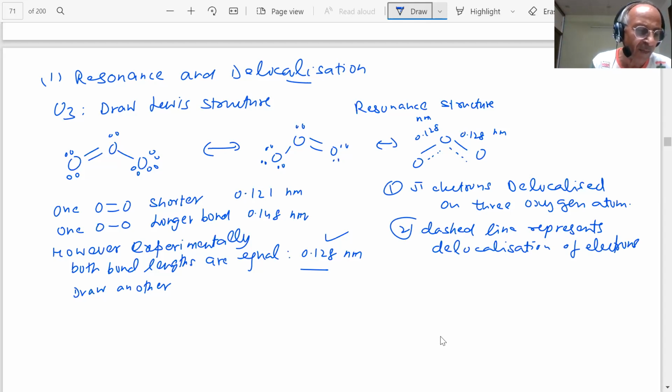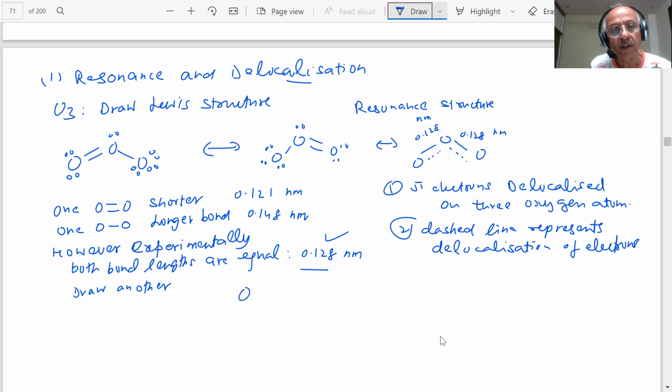So the single bond of the ozone is examined: there is a p orbital on each oxygen atom that is perpendicular to the plane. The p orbital on oxygen atom 1 can overlap with the p orbital on oxygen 2, which is a part of the pi bond. Similarly, in this way, the electron pair of the pi bond is spread, delocalized over all the three oxygen atoms. How many oxygen atoms are there? 1, 2, and 3.